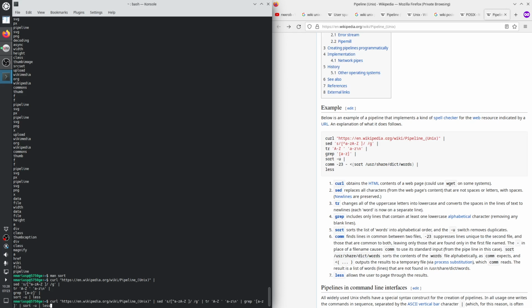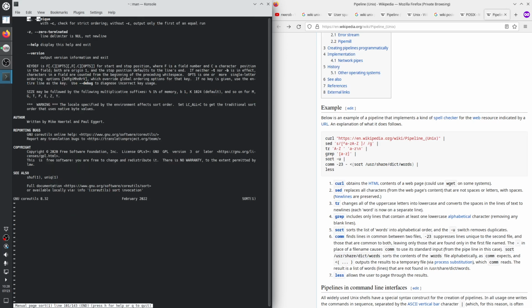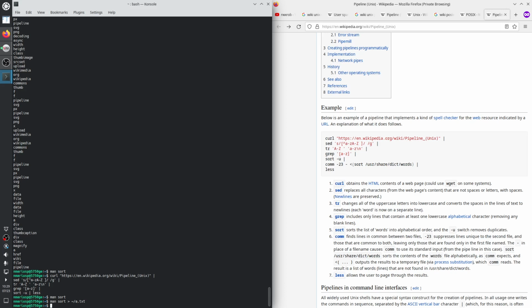But instead of just paginating, sometimes the better alternative is to use a real text editor. So for instance, man sort, you can search for -u with /-u and enter. That's a thing. Or you could go just man sort and redirect this thing to a file. So we redirect the output of man to a file such as a.txt. Okay, and now we can use a real text editor to look inside of it. Whatever is your real text editor, could be Emacs,